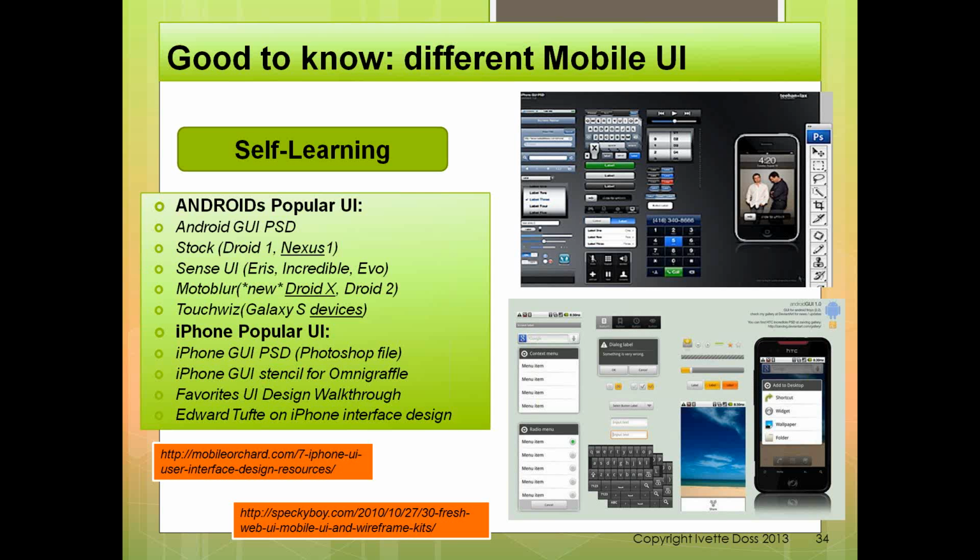Okay, so self-learning, you can explore. Two years ago, I didn't have these names. I had no clue that it exists. But most popular for Androids, it's TouchWiz because of Samsung Galaxy devices. For iPhone, I personally know OmniGraph. I give you a couple more names that are popular, so please explore this by yourself. If you mention it during an interview, then multiple UIs exist, so they will 100% ask you, give me some name, give me some example. You don't need to know 5, 6 examples, but you can give one example and say a couple words about the UI, what you like.